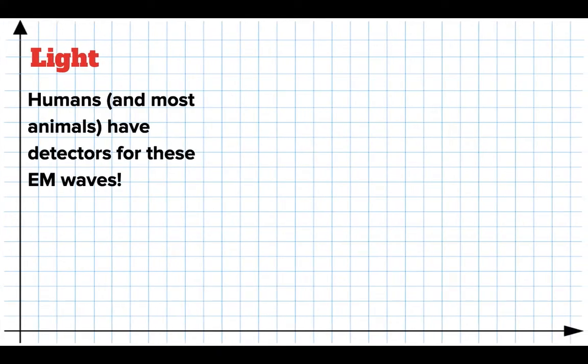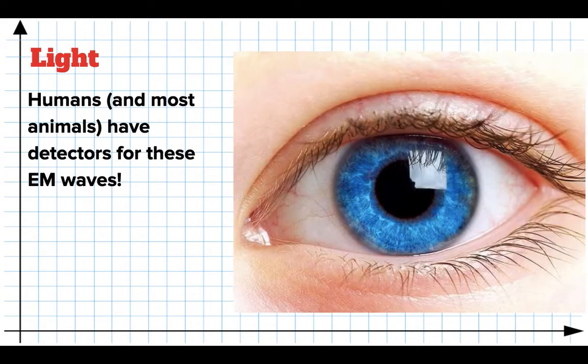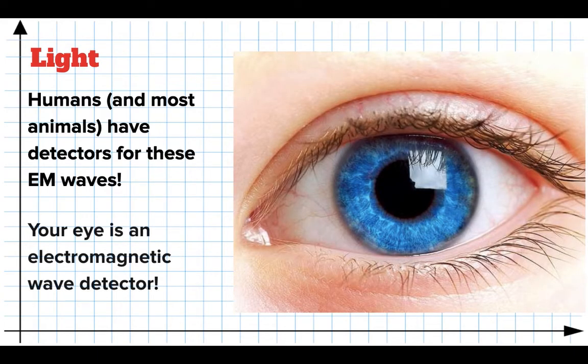Now it turns out we humans and most animals have detectors for these waves, amazingly enough. We can measure and sense these really small changes in the electromagnetic fields. And those detectors are called your eye. Your eye is an amazing electromagnetic wave detector. There are some very complicated